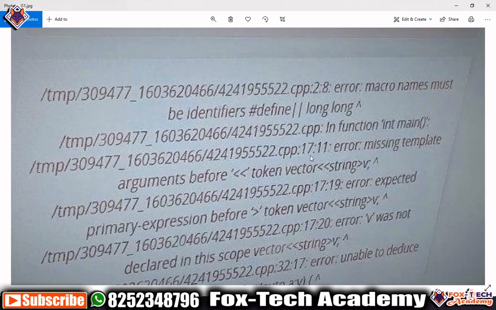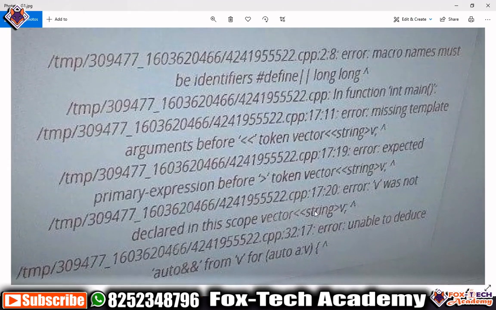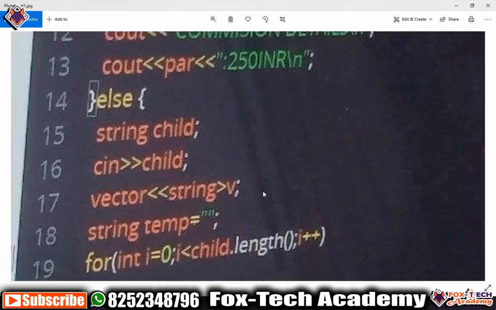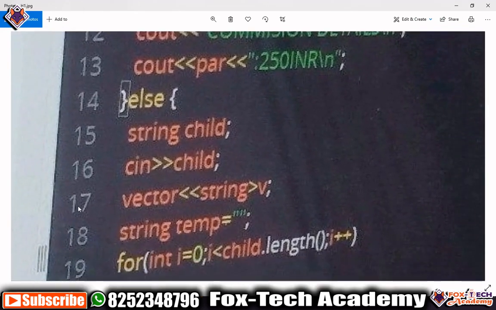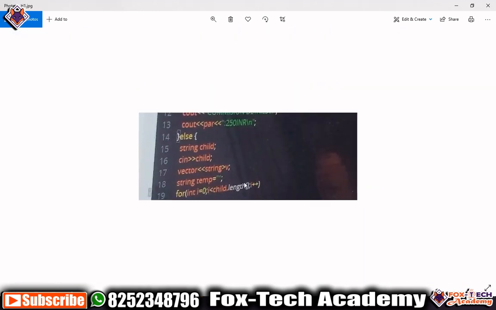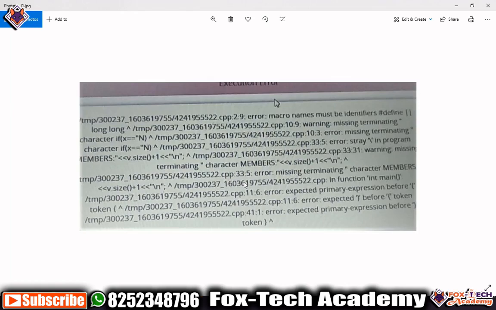You can see that line number 17 is giving the error. When we go to our program and look nearby line number 17, we will easily find our error. So let's see in this program. You can see that somewhere in line number 17, he is creating a vector variable, but instead of a single angle bracket he is using a double angle bracket. That's why it is giving an error related to that. You can easily find it.